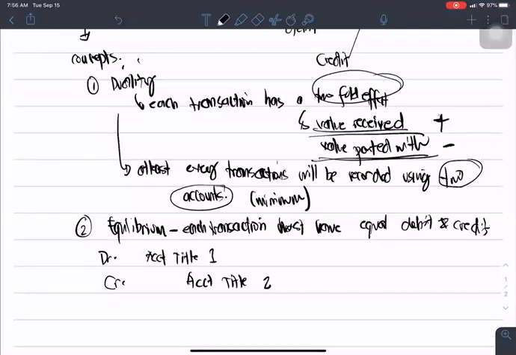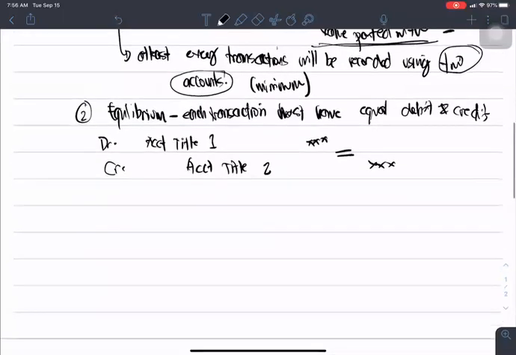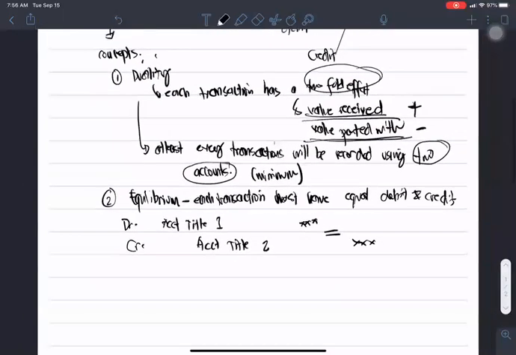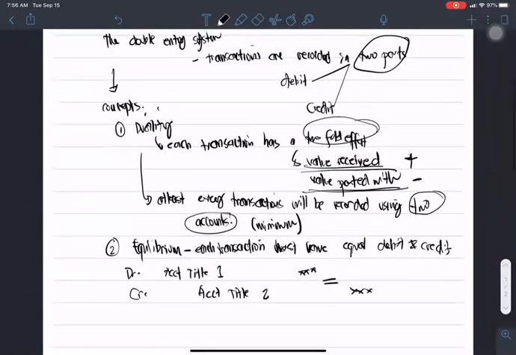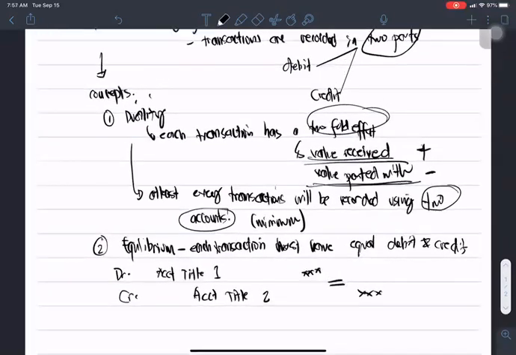The amount on your account title 1 and account title 2 must be equal. So if ever we will place an amount here and an amount here, dapat equal sila. Okay? So we start first. After knowing your double entry system, we go now to the first step of your recording process, and that is